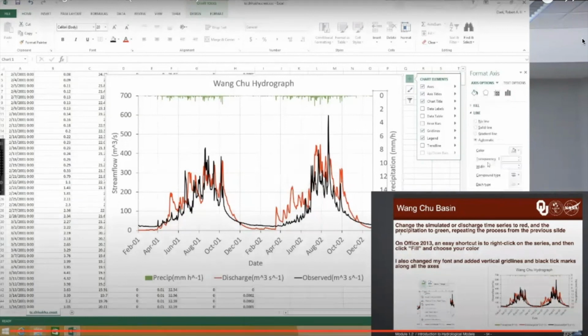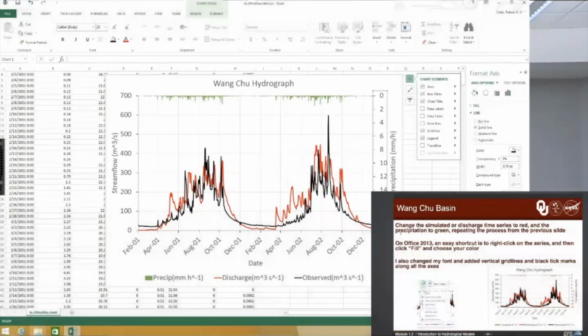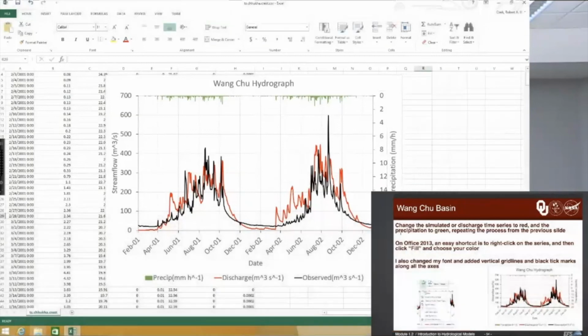So if you have skills with chart making, whether you want to use Excel or some computer programming language or whatever else, it can be a very useful thing when you're using the model. And so that basically concludes